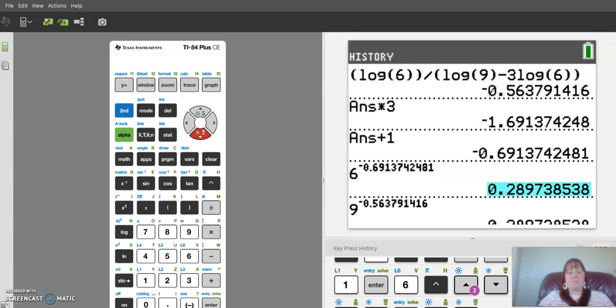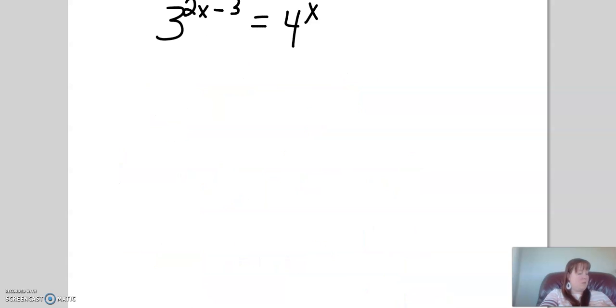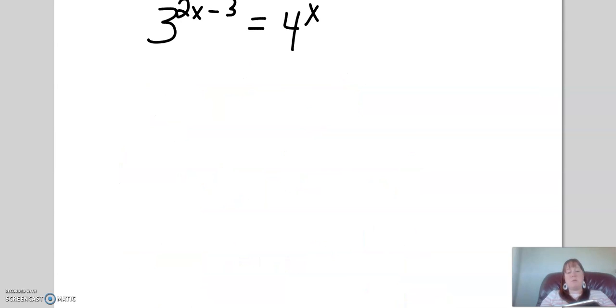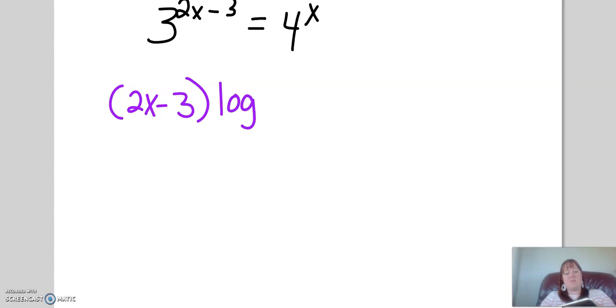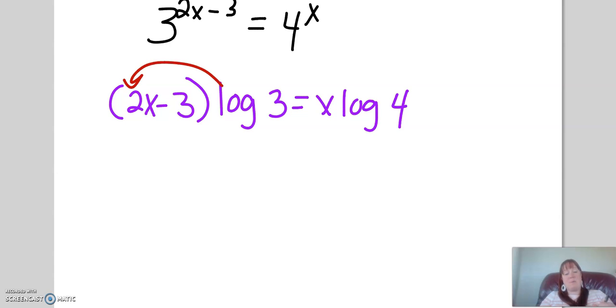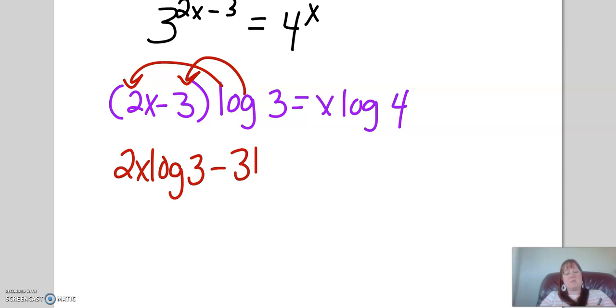Okay, one more. So for this one, we take the log of both sides, and then we take the exponents down. So I'm going to do that in one fell swoop. So we have 2x minus 3 times log of 3 equals x log of 4. Okay, and now I get everything. Let's see, no, I distribute this log in, so I multiply it by this term, and I multiply it by this term, so I have 2x log 3 minus 3 log 3